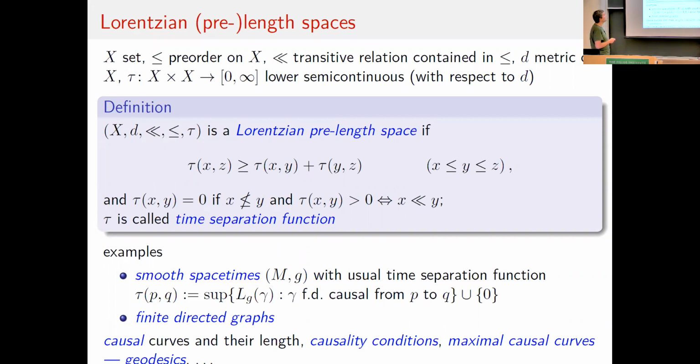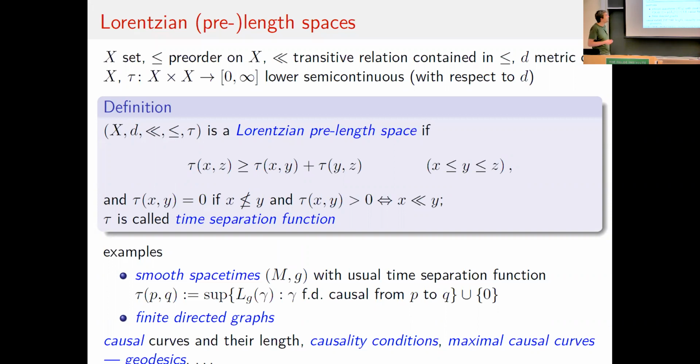In a sense, this D is some kind of background metric. So any metric which is Lipschitz equivalent will give you the same Lipschitz curves. But of course, you can also forget about D and do everything without it. You can even define a topology, the Alexandrov topology, just by using tau. These are just the axioms we came up with, but sometimes you have to change them for some applications. The main idea is that you can formulate enough of the theory in terms of the causality and the time separation function to be really useful.